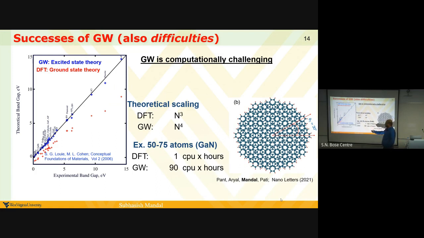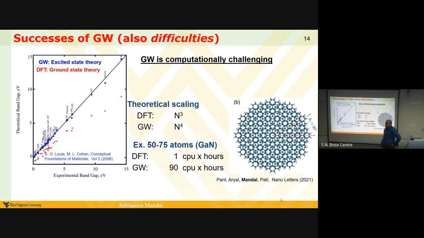All these GW calculations people show are primarily for semiconductors. They never apply it to transition metals. You will see why. That's what we need a benchmark for, and I'm going to show it to you: there is a limitation of GW. What you're saying is exactly right, but this frequency dependence is a key point that is taken care of really well in DMFT, and we're going to see a head-to-head comparison of GW and DMFT.